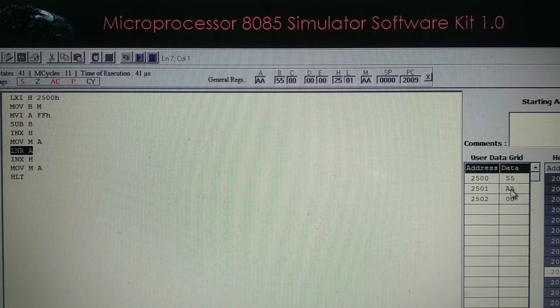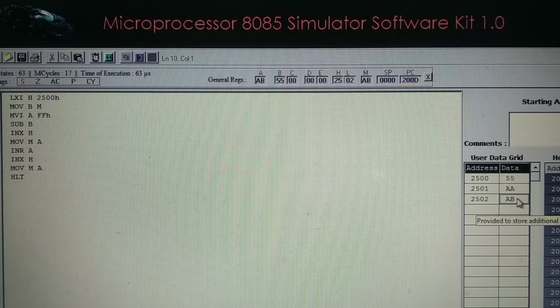The content of 2501 becomes AA. Next instruction, INR A: the accumulator becomes AB. INX H: HL becomes 2502. AB is transferred to that memory location. Here you will get the contents of 2501 and 2502.